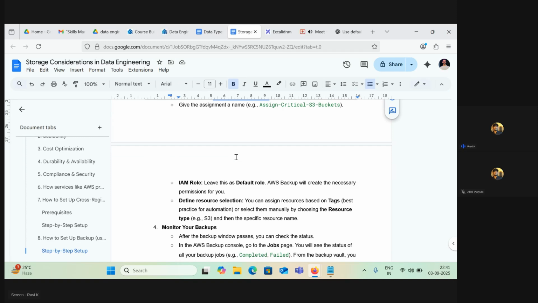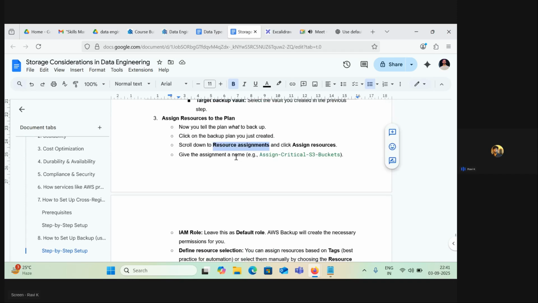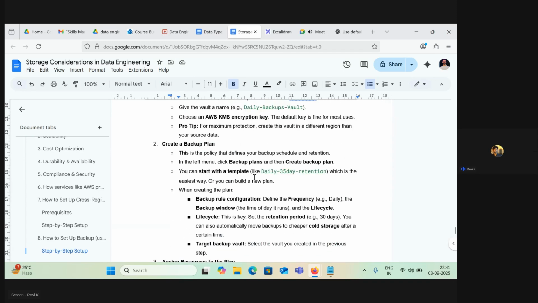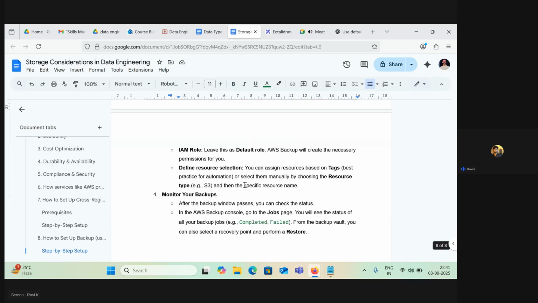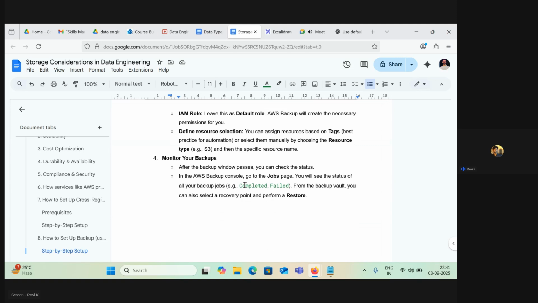So whenever you do anything, that backup will be taken by AWS automatically, and it will retain that backup for the next 35 days. Okay, so in this way you are taking your backup. Let's say you are working on some code or some file and you want to always back it up, then just take that file and use these kind of options, then you will be able to back it up. Okay, now you will be able to monitor your backups.